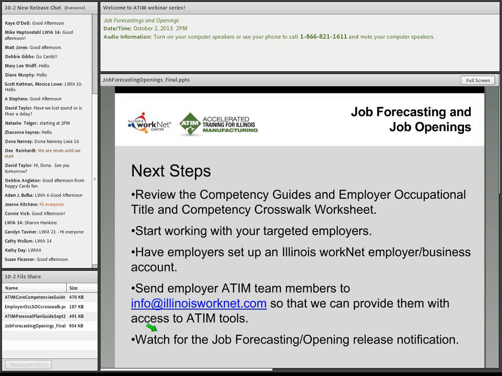For the next steps, just take a look, and you might have already taken a look at them, but we do have the competency guide that's out there, and then the employer occupational title competency worksheet, Crosswalk. Start working with your employers. The employers that are going to be part of your ATIM team will be part of the process for putting together the personalized